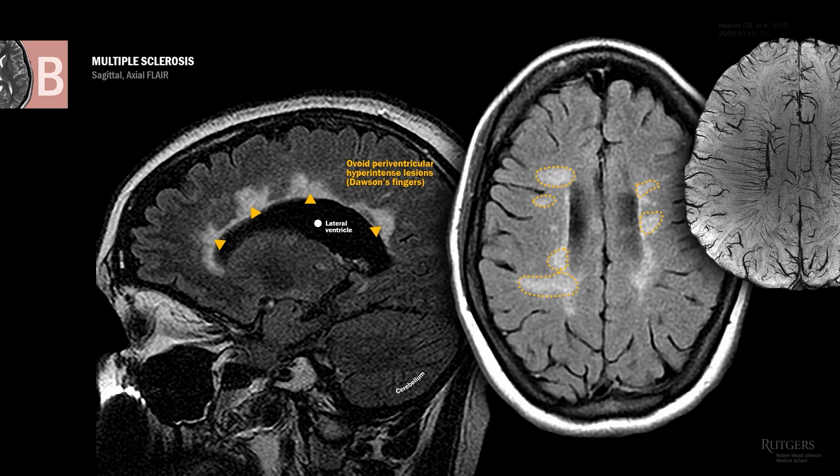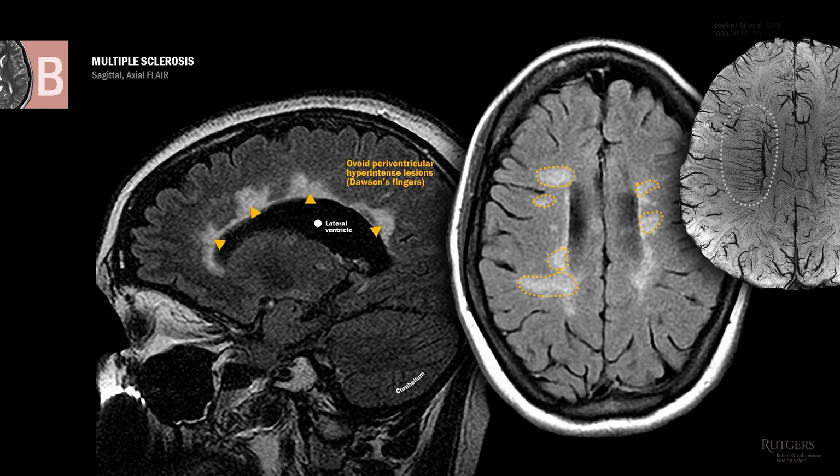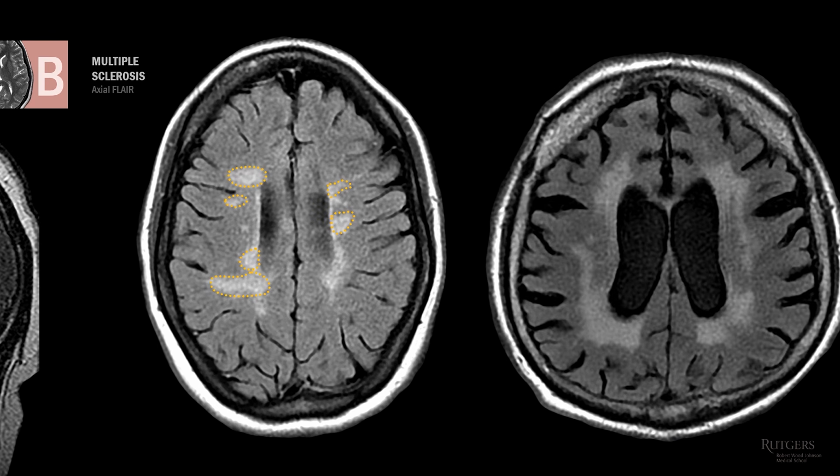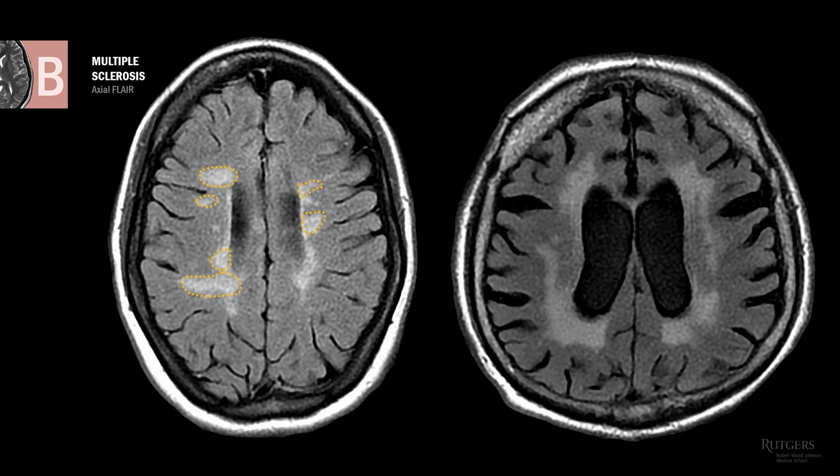Well, there are so-called central veins running perpendicular to the ventricles. This is one of those fancy MRI sequences that we're not going to cover. In MS, immune cells exit these veins and penetrate the brain parenchyma here, causing this ovoid-appearing inflammation. How is this image different? Is this another example of a patient with multiple sclerosis?